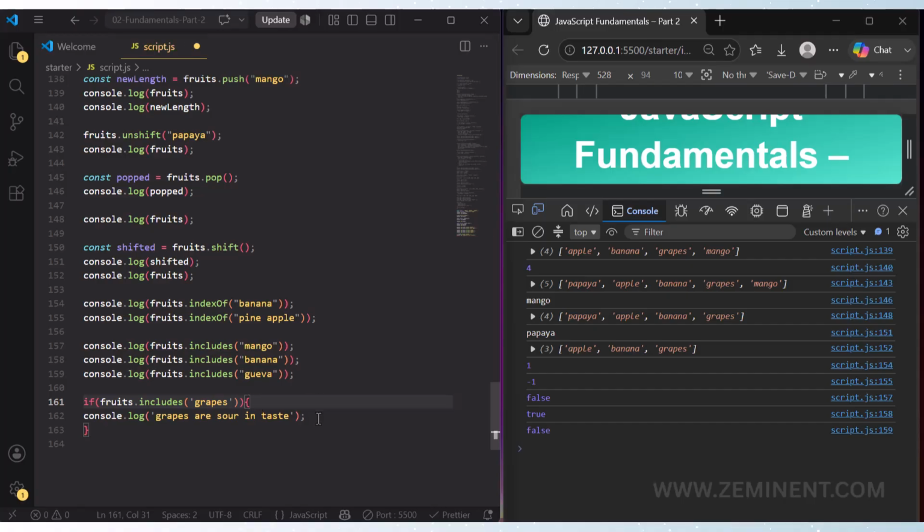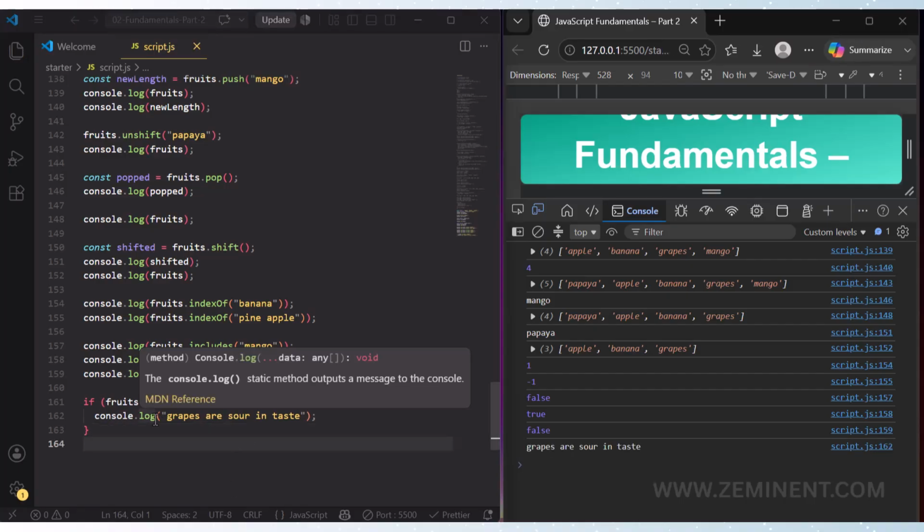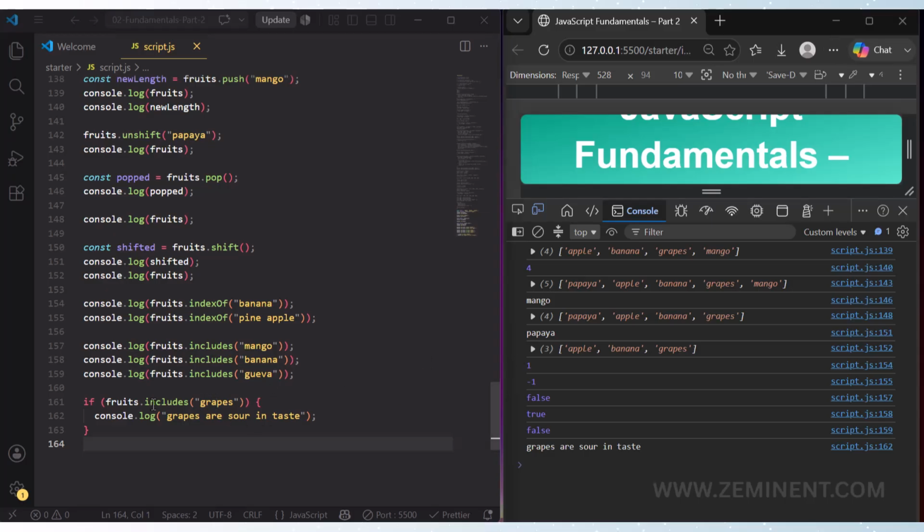Okay. And now we all are familiar with the if statements. If the condition is true, it goes to display the block. If the condition is false, it goes to else. Now here the if condition checks whether grapes is in the array or not.